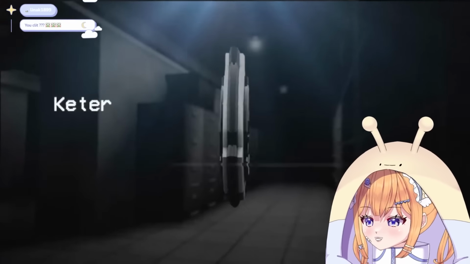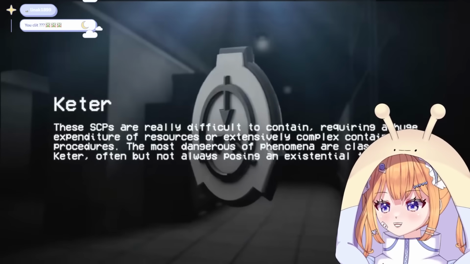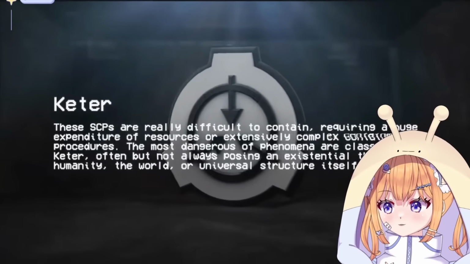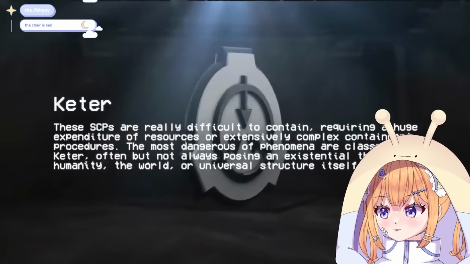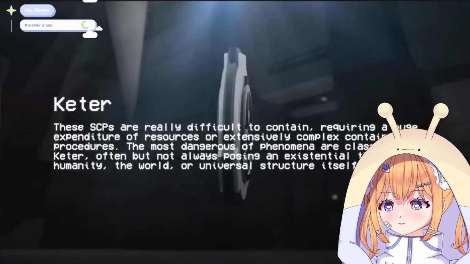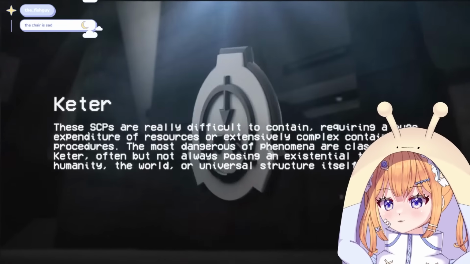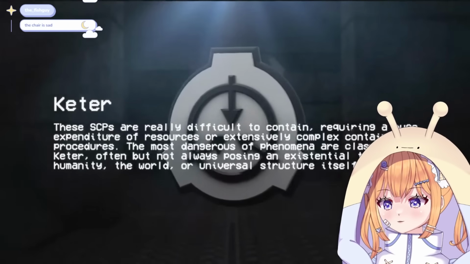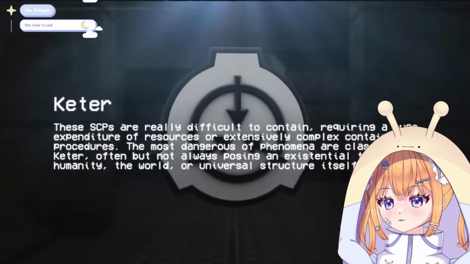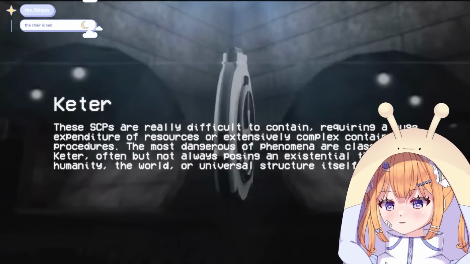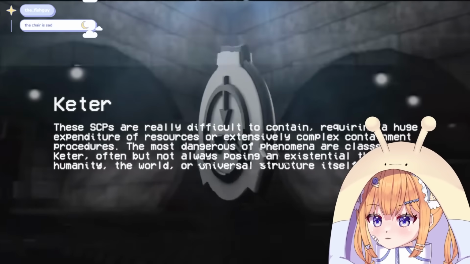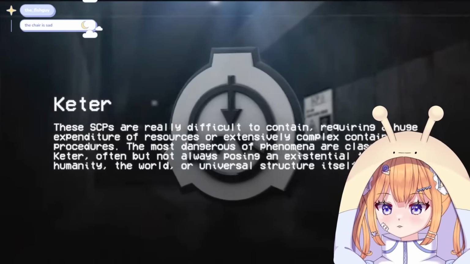And finally, Keter. These SCPs are really difficult to contain, requiring a huge expenditure of resources or extensively complex containment procedures. The most dangerous of phenomena are classed as Keter, often, but not always, posing an existential threat to humanity, the world, or universal structure itself. Some notable examples of Keter-class SCPs are